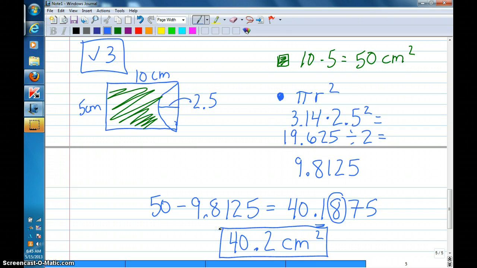So you might have to use what you know for the area of other shapes that we've learned in other lessons. Come to class with